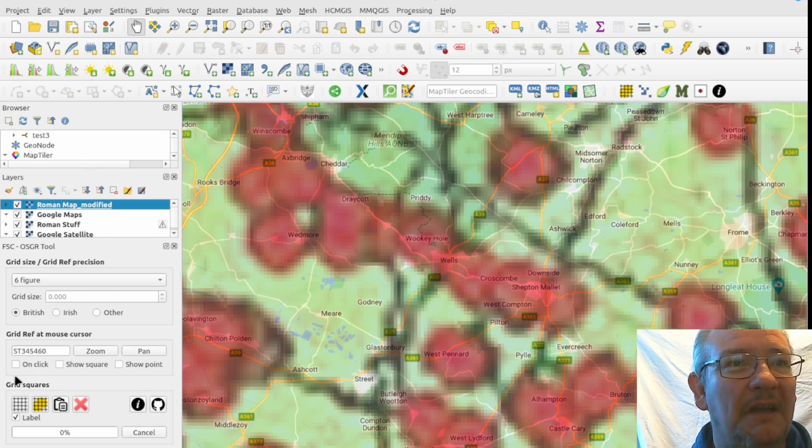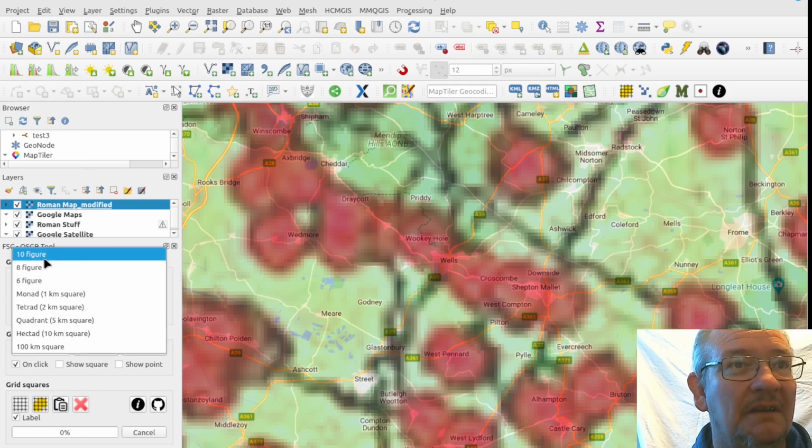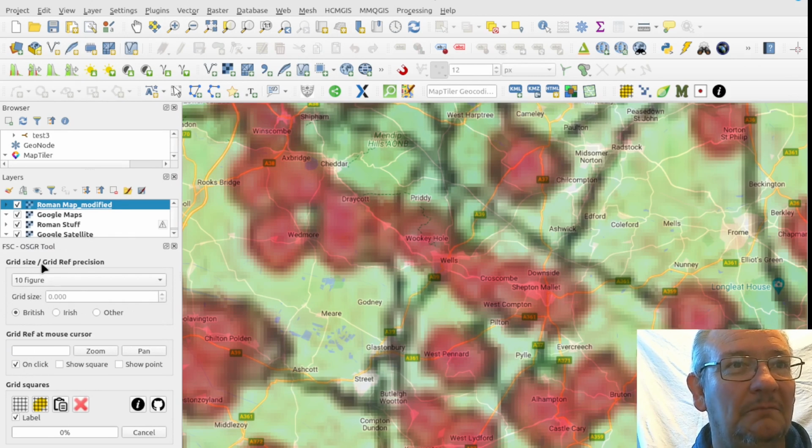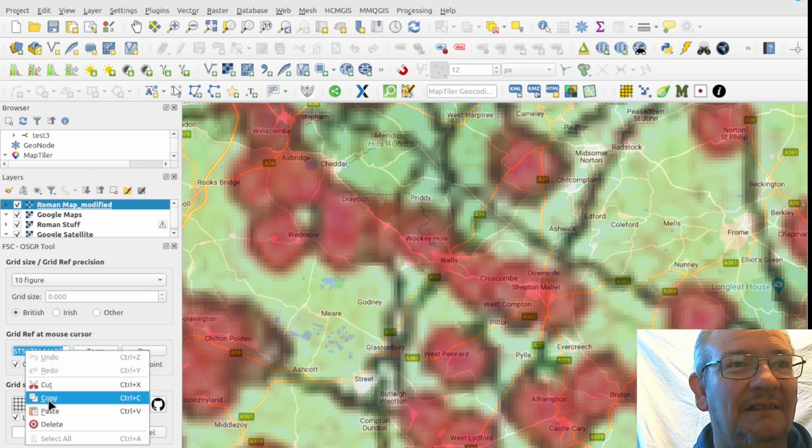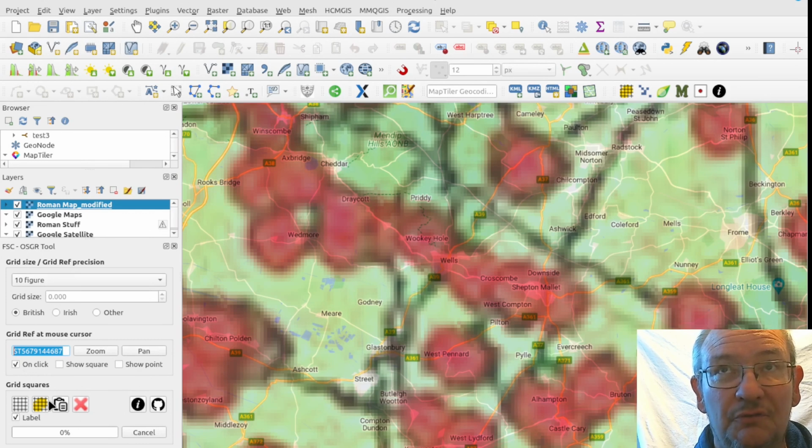So below it, it says on click. Then you get some crosshairs. So you just put the crosshairs on the bit that you want to look at, and you press click. And there's the grid reference. You can change it from 6-figure to 10-figure. Oh, it's disappeared. Let's do it again. So it's a 10-figure grid reference, and there it is. So copy that, and then I'll go over to the data download thing from the government, and we'll download some